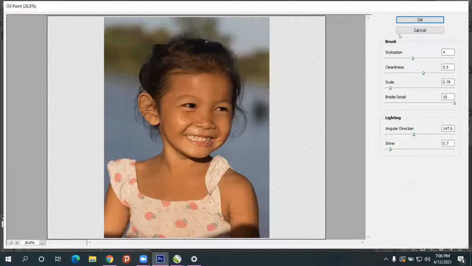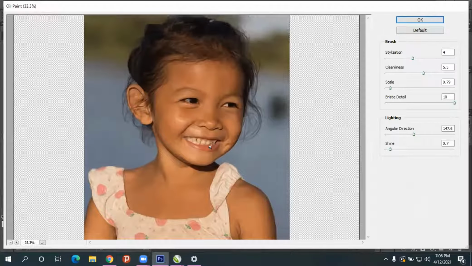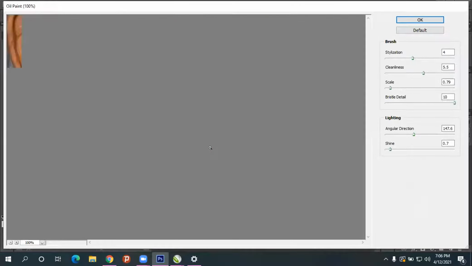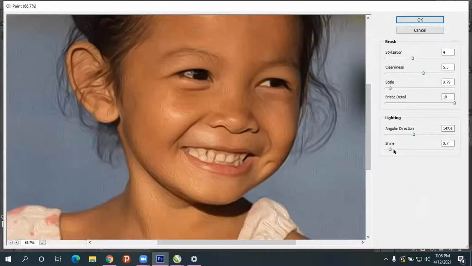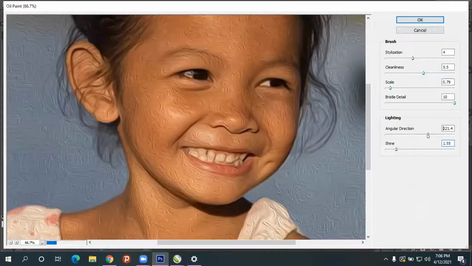See, if you zoom in with Control plus, just adjust only the scale and the stylization effect; keep it less. Other than that, you can adjust however you like.